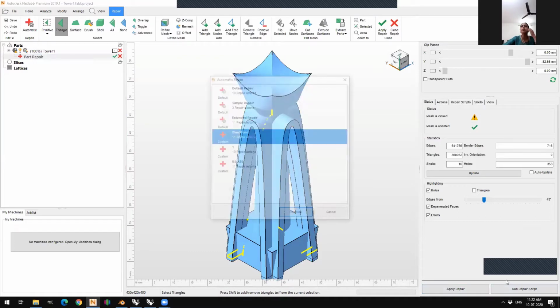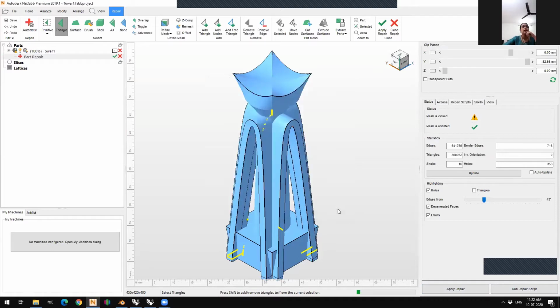So to do that, you can use the standard scripts which are available. What these standard scripts do is that they close trivial holes, they'll close all major holes, they'll union all the objects, they will also ensure that all the parts are correctly aligned.